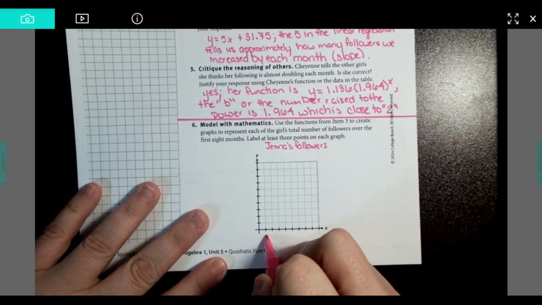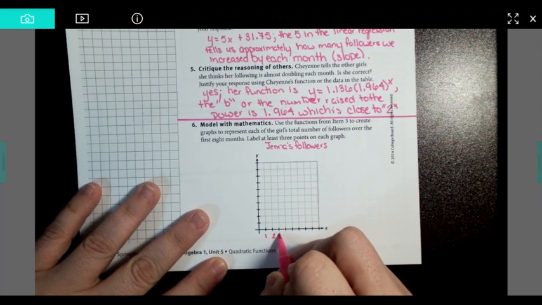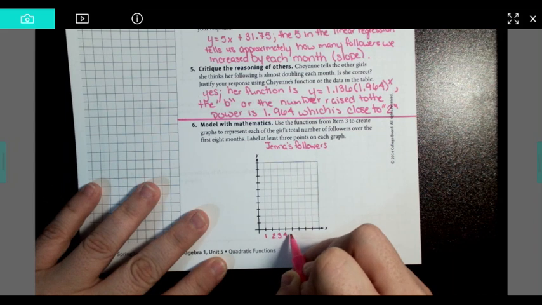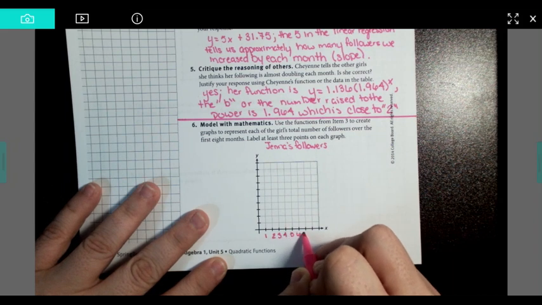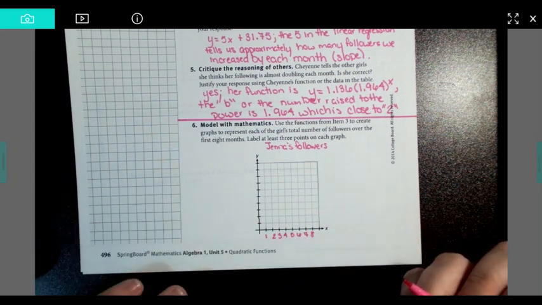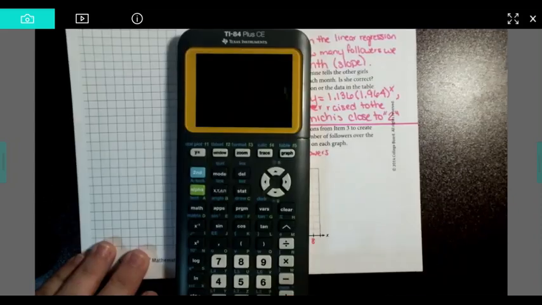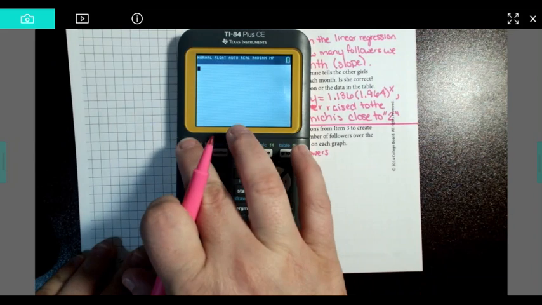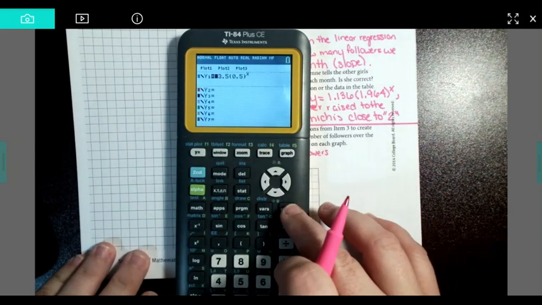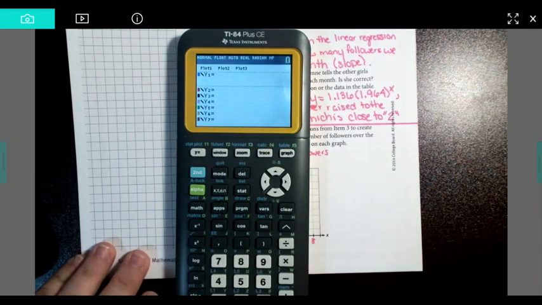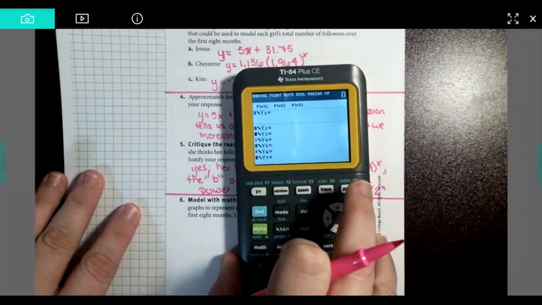Obviously, across the bottom, we're going to do 1, 2, 3, 4, 5, 6, 7, and 8, right? Now, we're going to type her equation in. I'm going to kind of show you here. We're going to do y equals, clear out whatever's in there. Her function was,